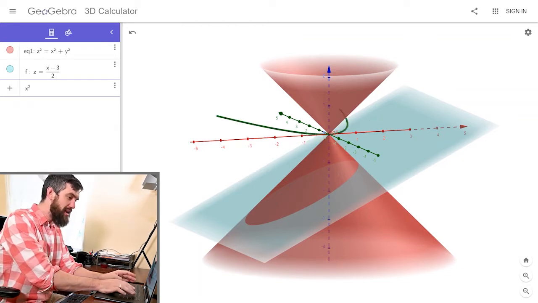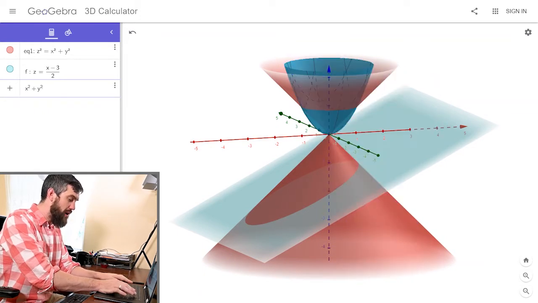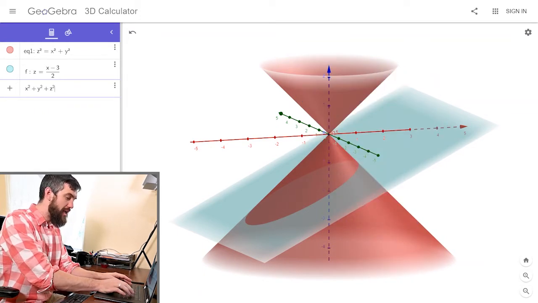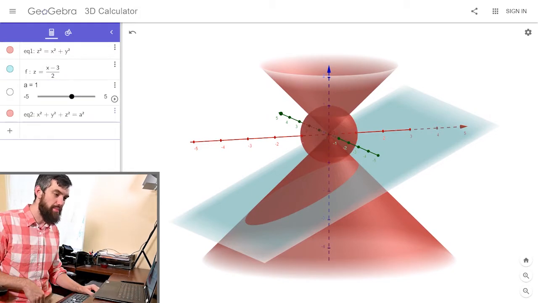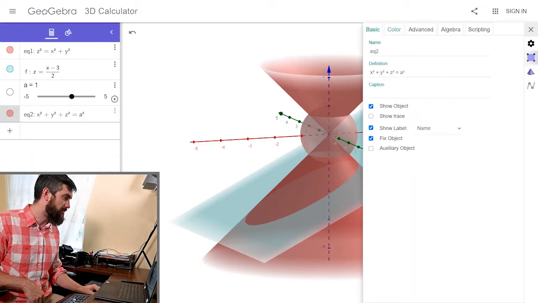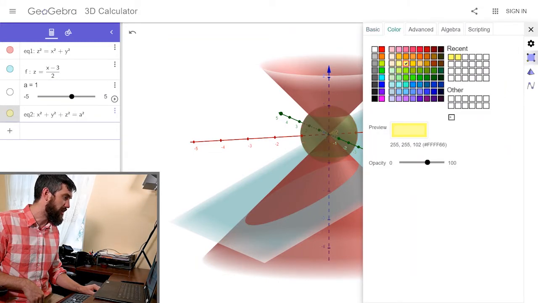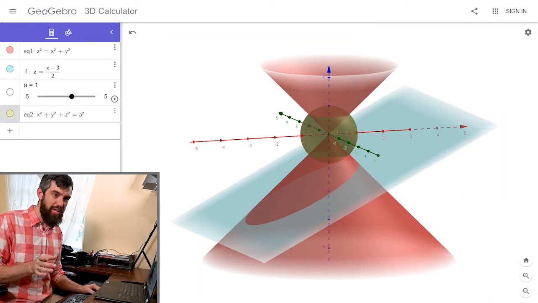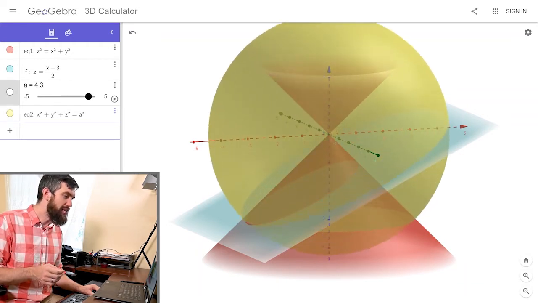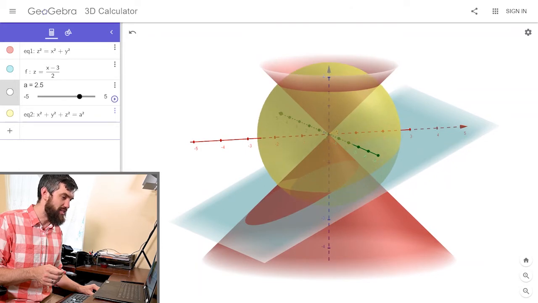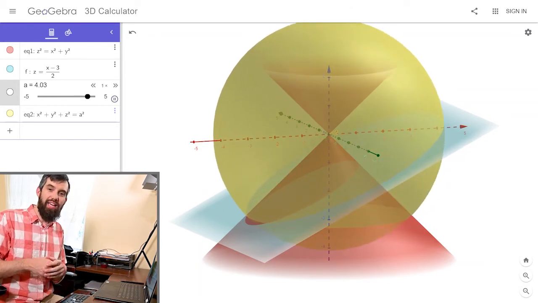So what I'm going to do is write x squared plus y squared plus z squared. And then I'm going to do something really nifty that GeoGebra quite likes, which is I'm going to put a parameter a, and I'm going to write that squared. Now, let me just change the color here to, say, yellow to make it a little bit more visually obvious. Now, notice what GeoGebra has done here. It's taken this x squared plus y squared plus z squared equal to a squared, and it's created this little slider here. And as I change the value of a, I can even press this play button to make it go automatically. It gives me spheres of these